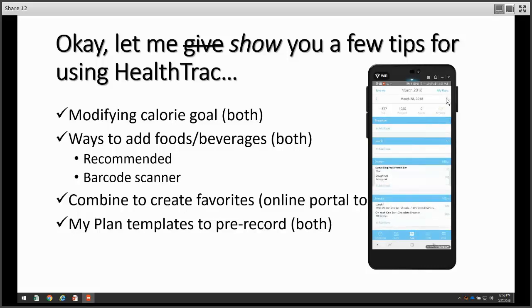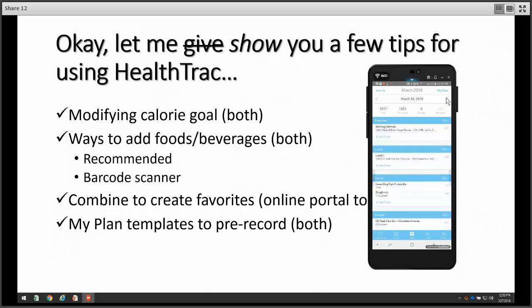Okay, so it's telling it to load sample plan for March 30th through April 3rd. We're going to hit load plan, and then it's going to bring in, let me click over to the March 30th, and there it is. There's my sample plan that's been loaded into each one of those days.